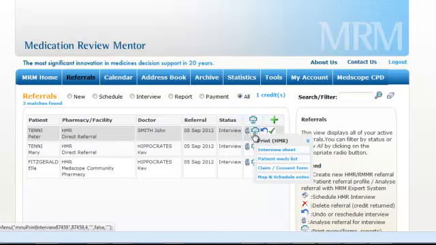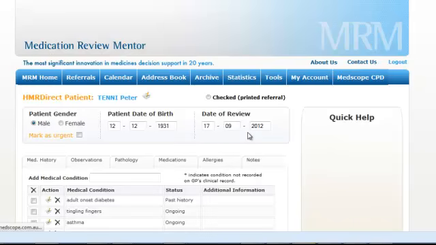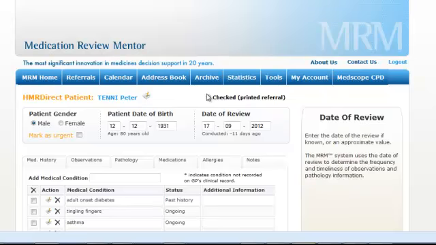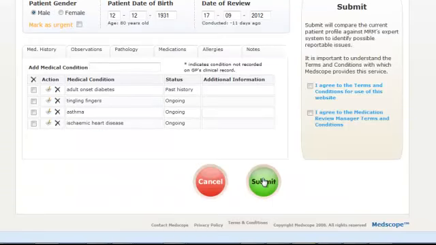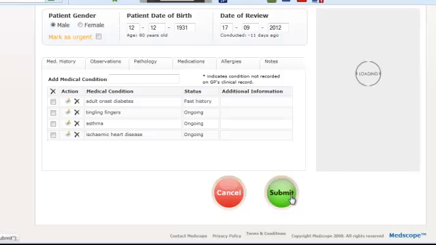So we could actually just, at this stage, prepare any of the documentation we need, or we can go through and do a pre-interview analysis. So if I just go through, this is the information we'd previously entered for this particular patient. We can check it against the printed referral, accept the terms and conditions, and see what the system